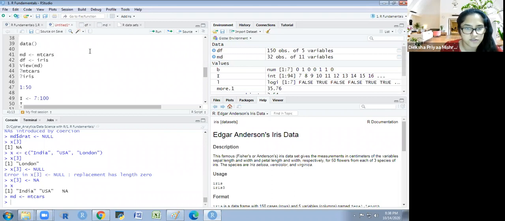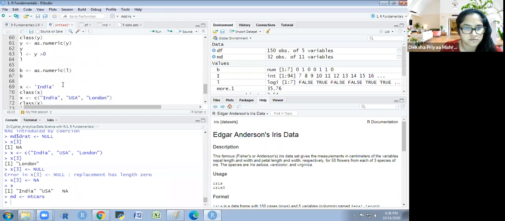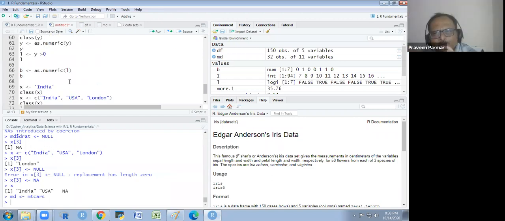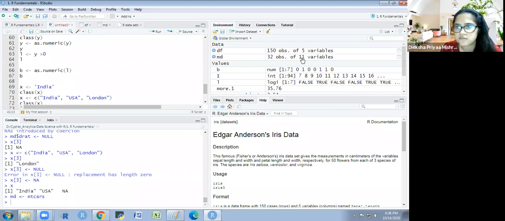Sir, I don't think it's working. I can see the drought column, but when I run this NULL command, it's not working. Now see how many columns you are getting here in the global environment. 11 or 10? 10. It's working?